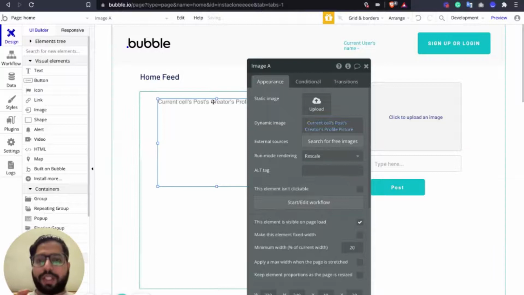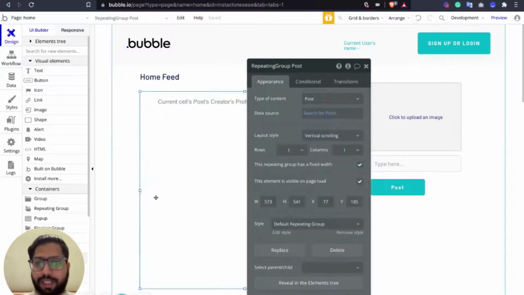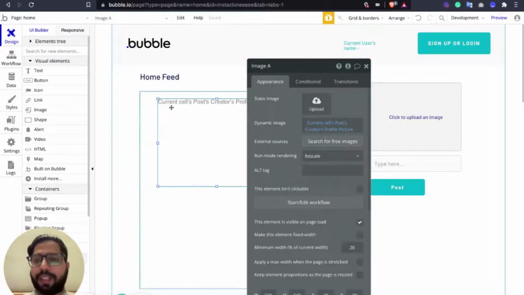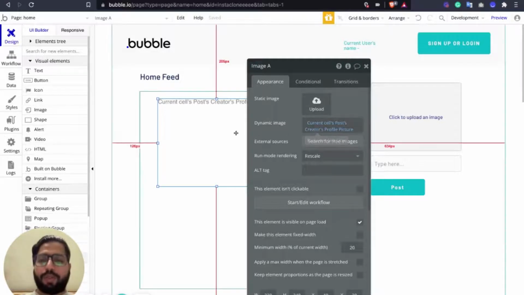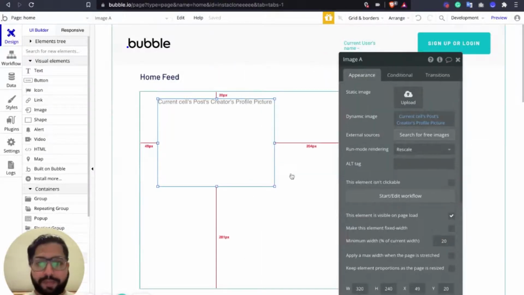So we are saying okay, this is the current cell, which has the type of content as post, and the data source is all the post, and within that cell, the image should have the current cell's post creator's profile picture. So whoever created this post, the creator of that post should have their profile picture here.